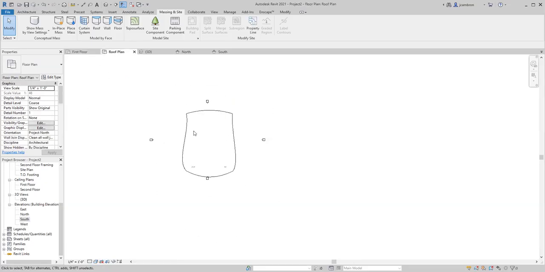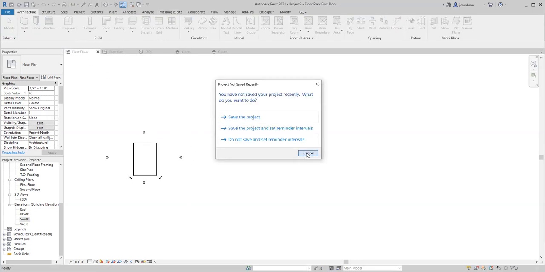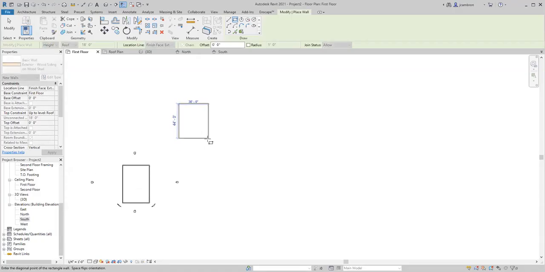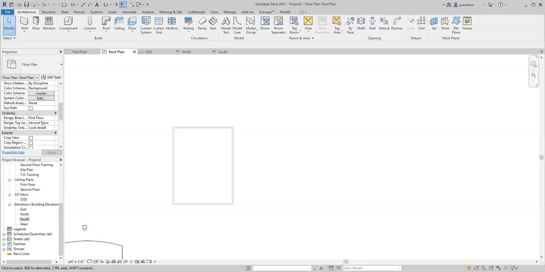So let's go to my roof plan here. And I'm going to, actually, let's go to first floor. I'm going to go ahead and do the same thing, create my walls, have them go up to roof level, use the rectangle. I'm going to build this one somewhere up here. Okay, it'd be something like that. I'll go to my roof plan, and there's the walls below. And again, I'm getting these walls down below because in the properties tabs, I have the underlay to show the